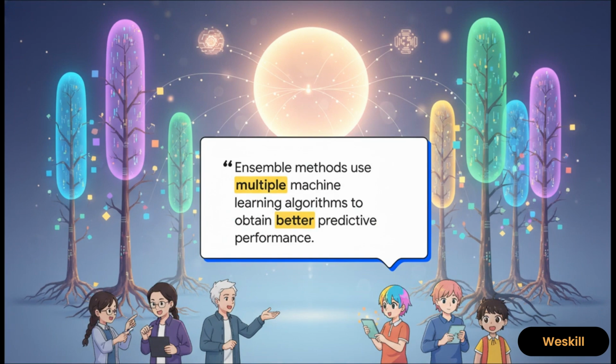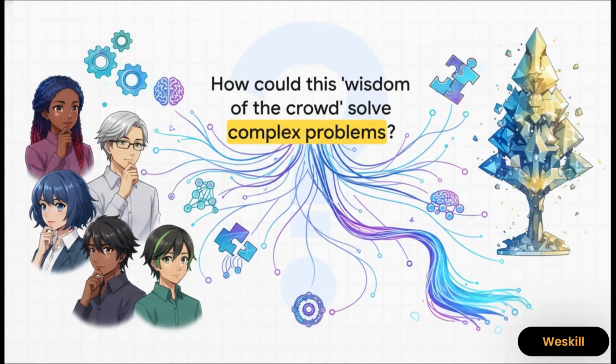You know, this quote just nails it. Random forest is a perfect example of these ensemble methods. The big idea is that a team of simple models, when you combine them in a smart way, will almost always do a better job than one single, super complicated model. It's teamwork, but for algorithms. So the next time you're up against a really complex problem, just remember the random forest. It's such a powerful reminder that a lot of times the smartest answer doesn't come from a single genius, but from the collective wisdom of a diverse crowd. And it really makes you wonder, what other huge challenges could we solve if we just applied that same amazing idea?